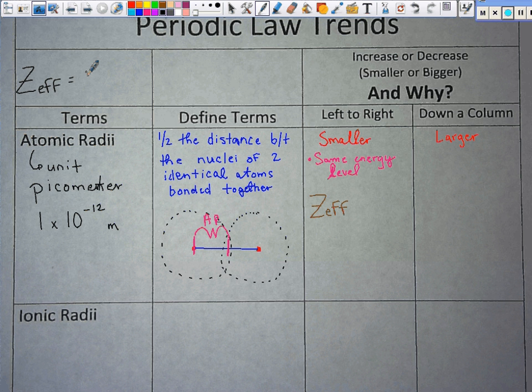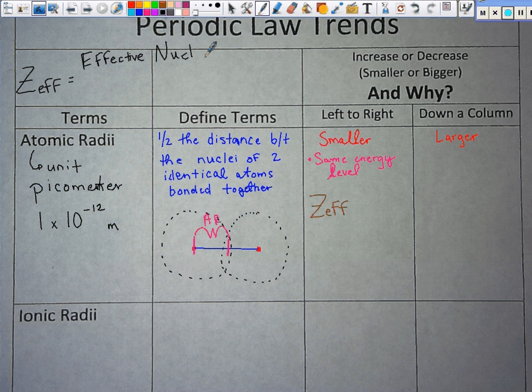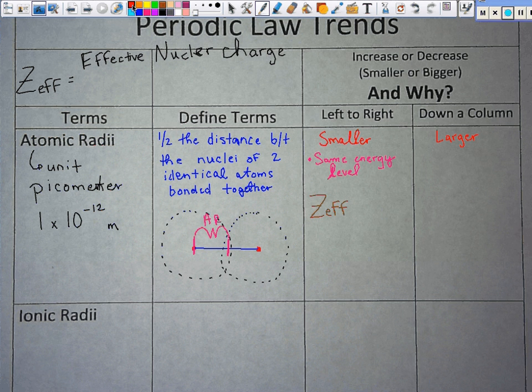You're probably going to want some space underneath this because I got a few things I want to write underneath this. The effective nuclear charge. All right, and so what does that mean? It's talking about the nucleus in general. How powerful is that thing? So the way I kind of define this is how many protons in the nucleus